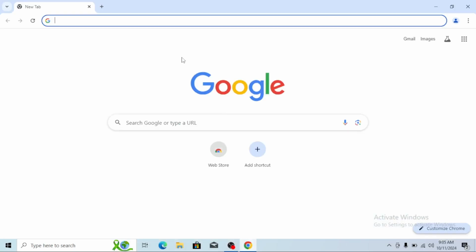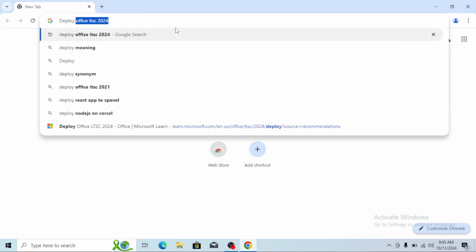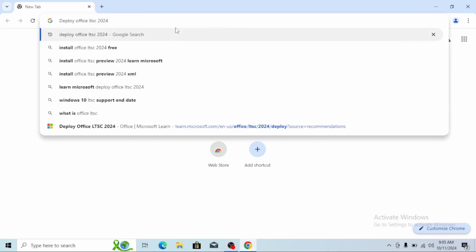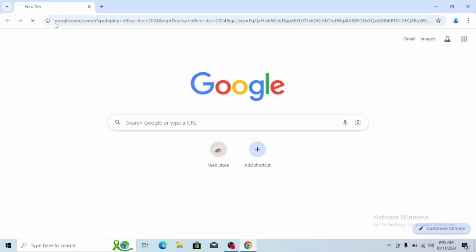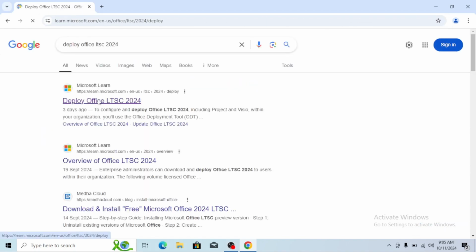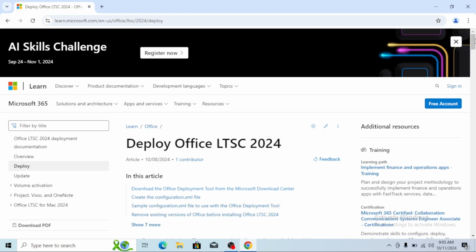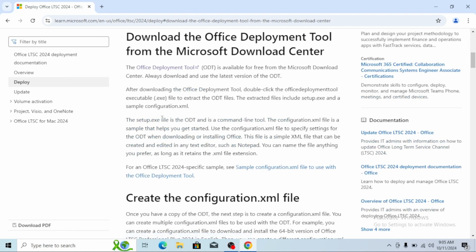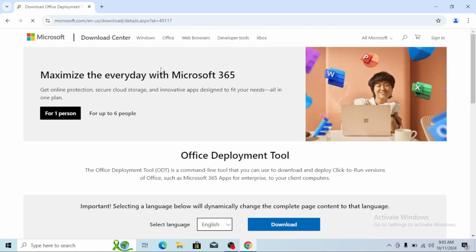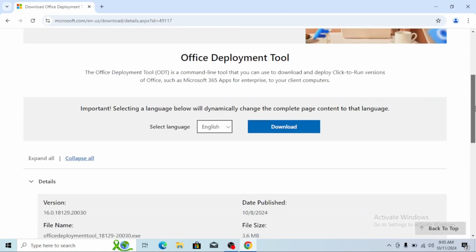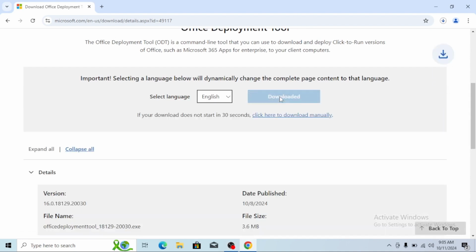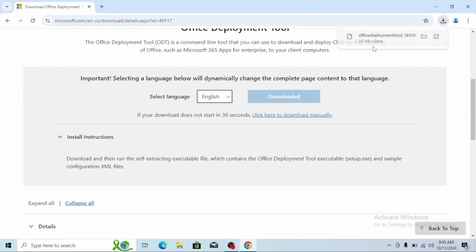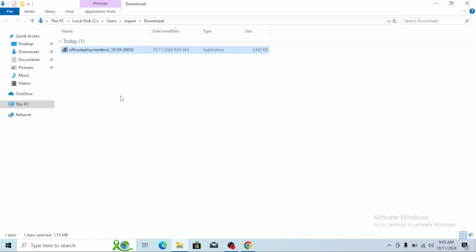First thing to do is to open your browser and type deploy office LTSC 2024. The first link here, then also the first link here. When you get here, click on the download button to download the deployment file. Now after the download, go to your download folder and right click on the file, run as administrator,